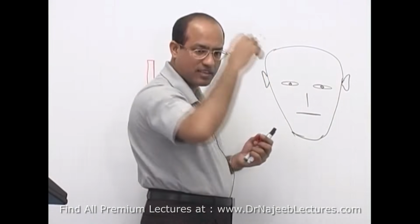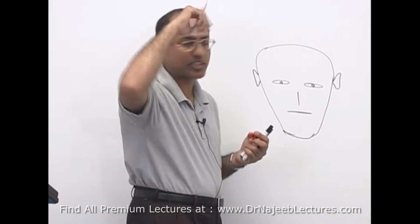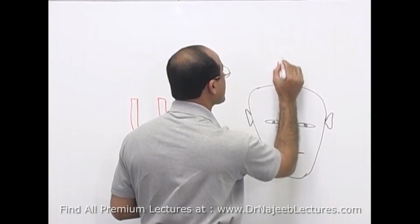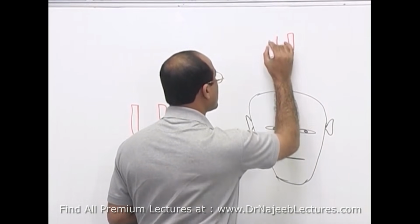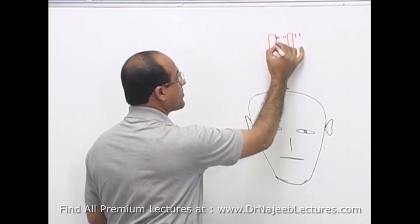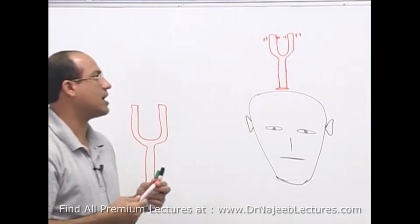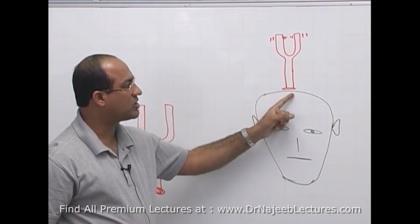At the top. For me, you can put it on the buttocks, but if someone has a lot of hair, you can put it here. Anyway, let's suppose you put it here. Now, it is a vibrating tuning fork. Right? Now, what really happens is, when vibrations of the tuning fork are producing sound, these are passing through the